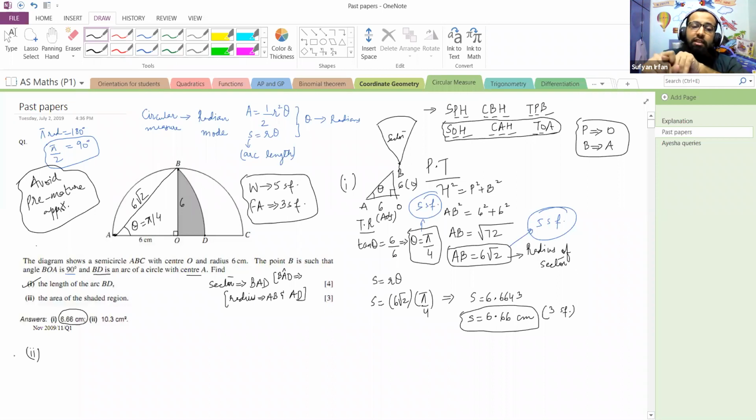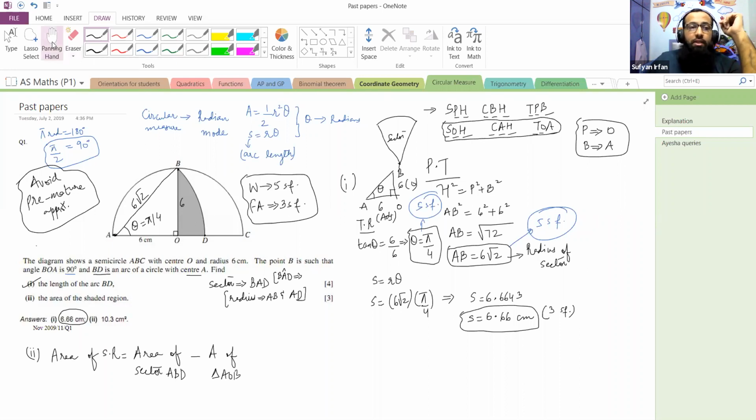We find the total area, then we find one of the unshaded areas, and then we subtract them to find the shaded area. Now, which area is going to be the total area for us? So over here, let's plan out. If we need to find the area of the shaded region, BOD, then what can be done? We have to plan it. So area of shaded region is equal to area of sector ABD minus area of triangle AOB.